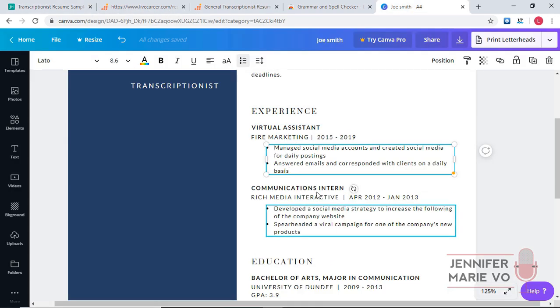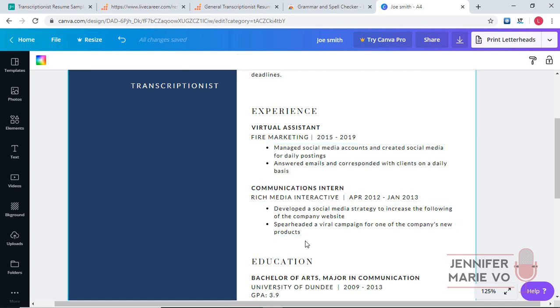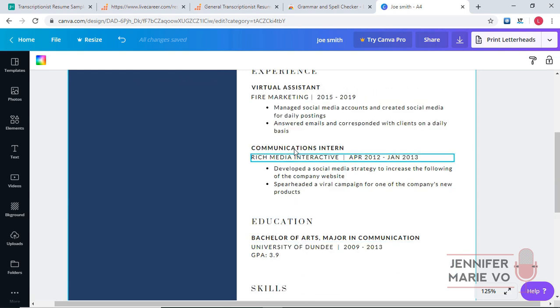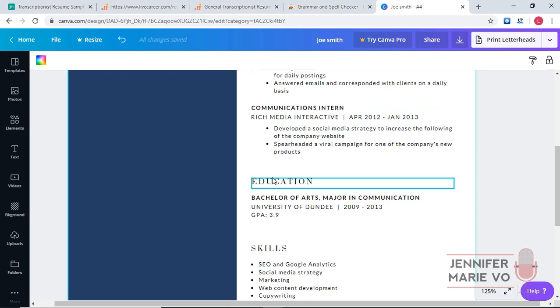Okay, so make sure to fill out at least 2 past work experiences, okay? You can do 2, 3, 4, don't just do 1. You want to have at least 2 here, okay? So let's say I have that and then I changed this as well. Now the next section is